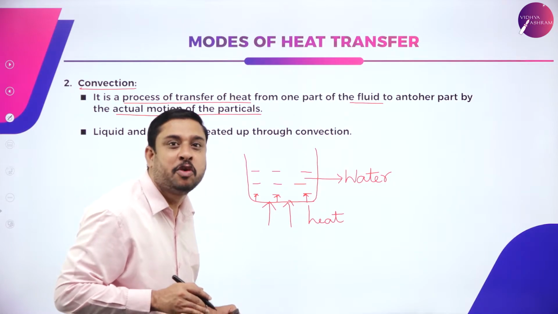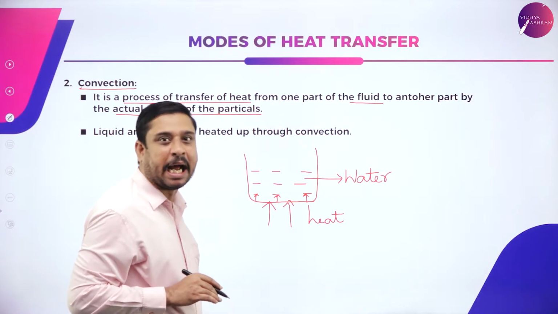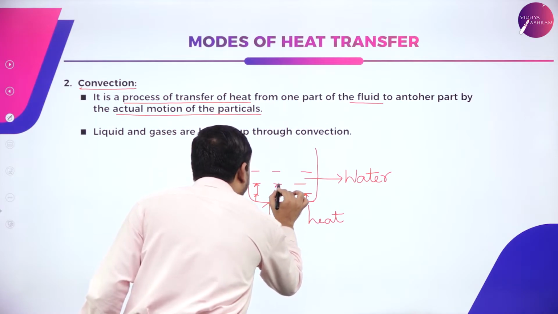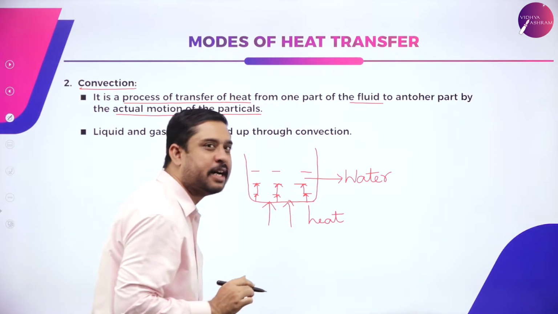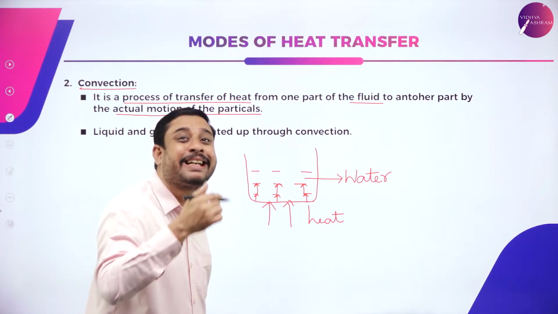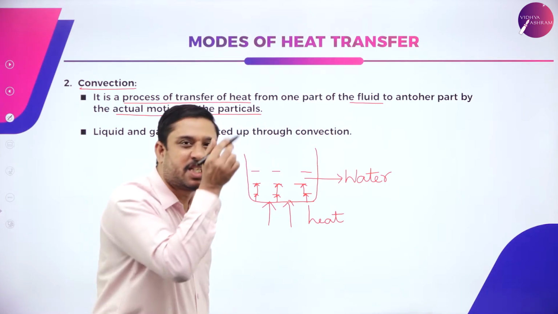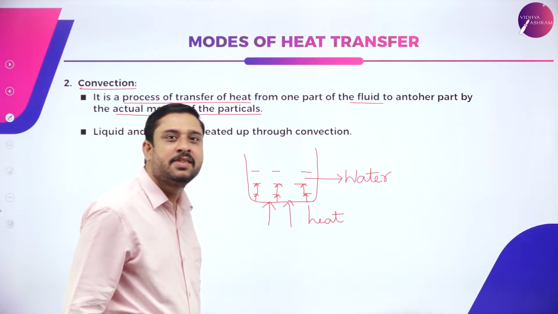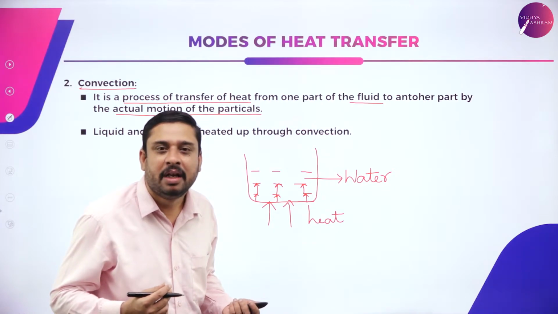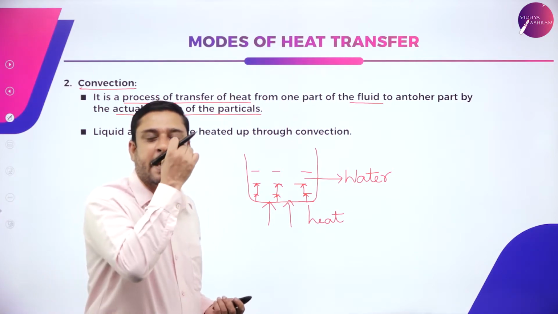The heated molecules of the water move to the first layer and heat it up. Next, the particles move to the adjacent layer. Convection takes place. You call them particle layers. Again, next subsequent layers of water. Thus, we see that water is getting heated up by the actual motion of the particles, and this is what